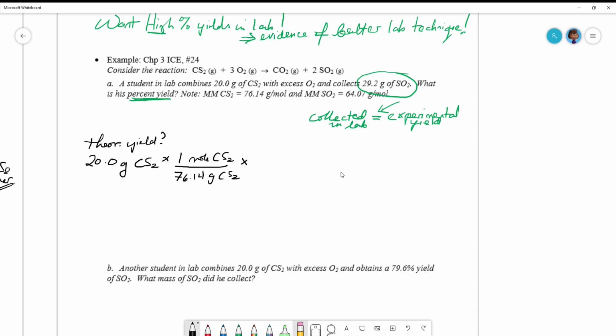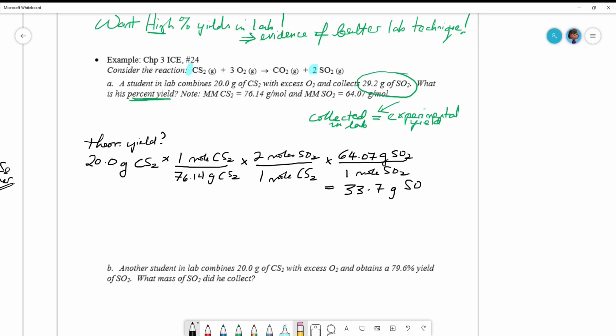Then it's the mole to mole step, and well, let's just highlight those mole ratios. Always a good thing to highlight mole ratios. Here we go. It's 1 CS2 for every 2 SO2s. So 2 moles of SO2 for every 1 mole of CS2 times, well, now we need the molar mass of SO2 supplied for us, 64.07 grams of SO2 for every 1 mole of SO2. And what do we get? Well, I get 33.7 grams of SO2. And this here is our theoretical yield,